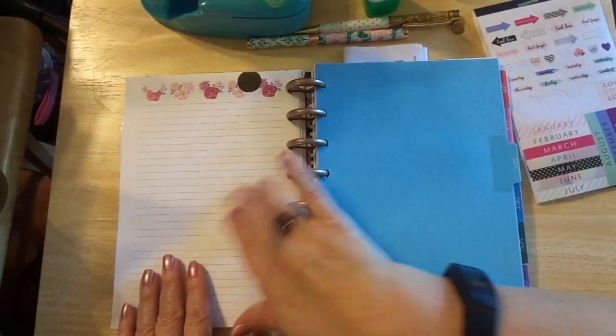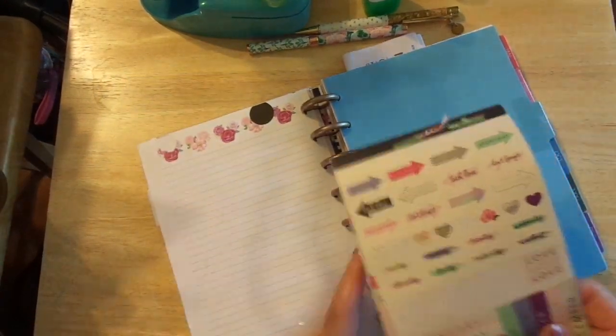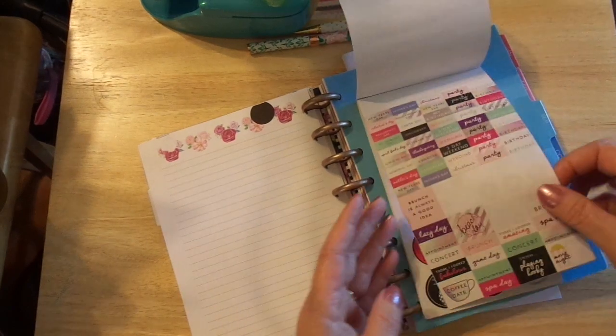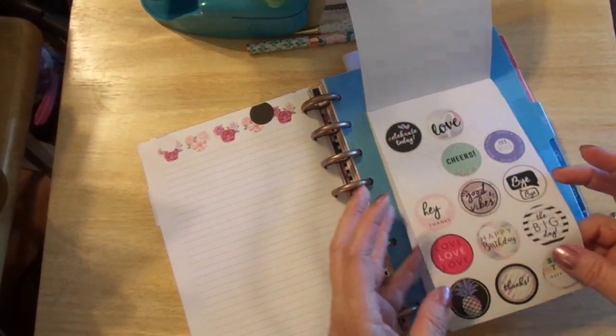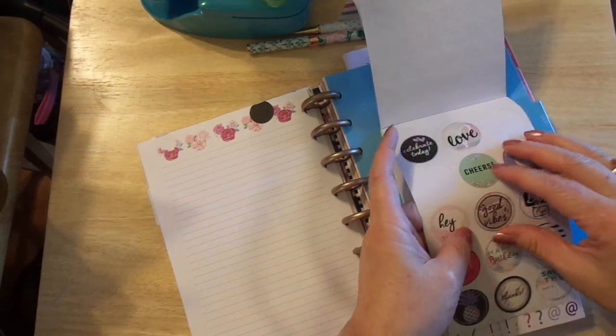You know what I'm going to do on the back of here? I'm going to decorate this a little bit while I'm talking, because I want to brainstorm here for the next month. But long story short,